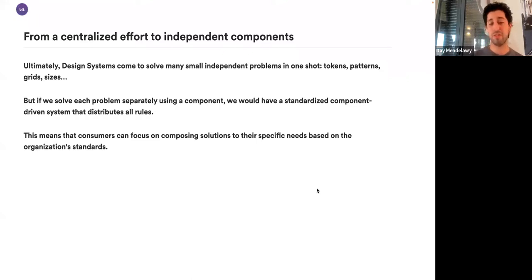A lot of them are of different scopes, and even within those different scopes, you can break down problems even further. So instead of having this one monolithic thing, we're trying to look at the design system as how we can build a component system that allows other builders to compose on top of and take those rules as standards, as guides for their own implementation.